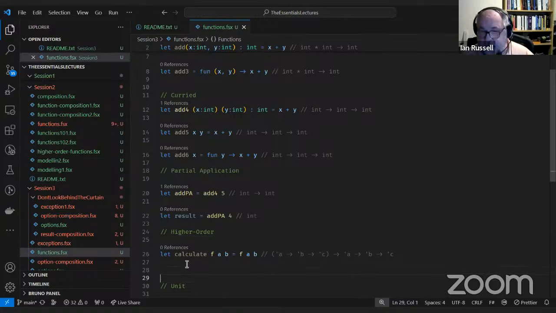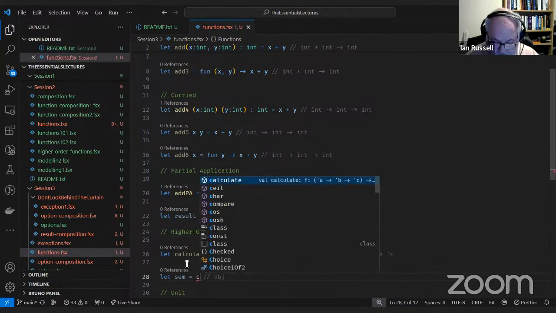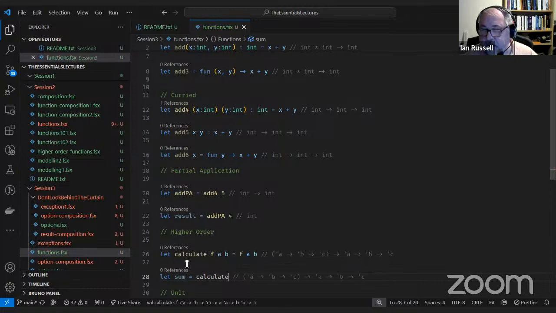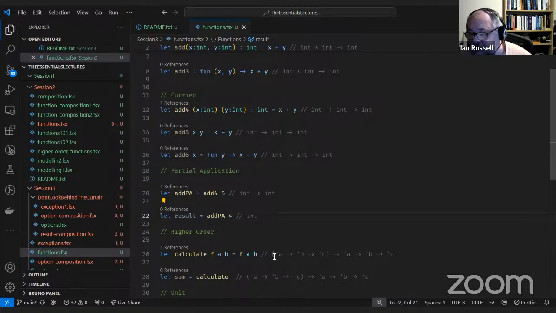So what I can now do is let calculate, and if you look at the signature here, this is actually a generic function that takes two parameters.